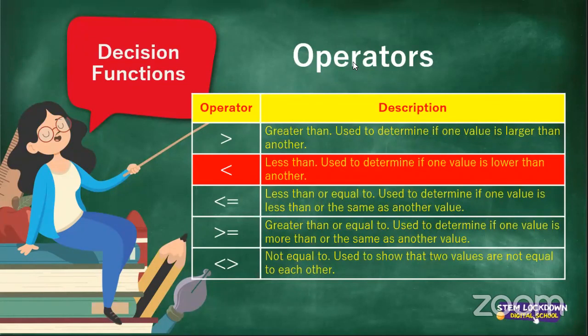For less than, it says less than. For less or equal to, maybe the question will say at least. For greater or equal to, the question will say at most. Then for not equal to, it should just say something else that has got nothing to do with either greater or